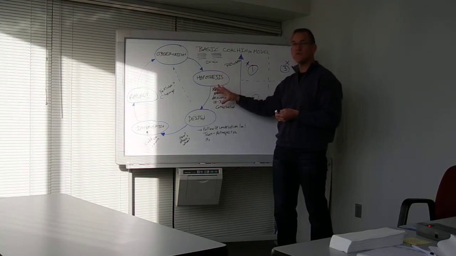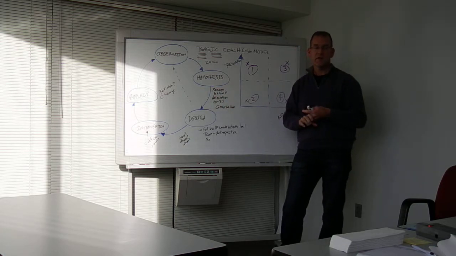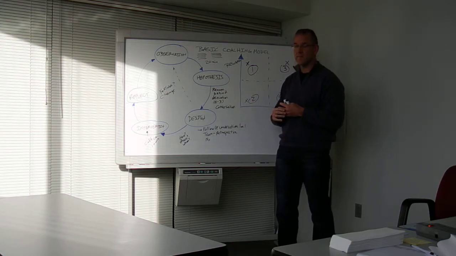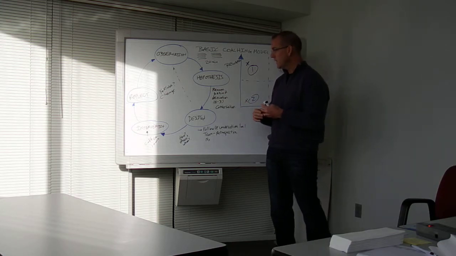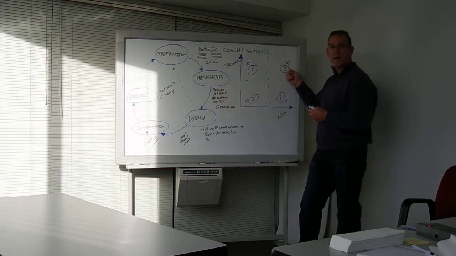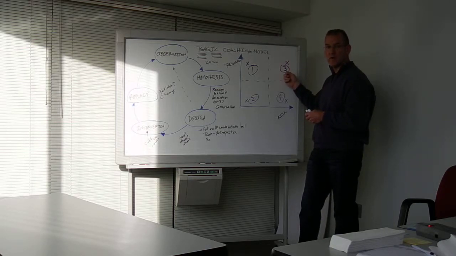As we started looking in the hypotheses, we started talking about the product owner. The product owner is not present because the product owner is unclear about their responsibility. The product owner is not present because the product owner is multitasking, is assigned to too many different projects or different products. When you think about that hypothesis, that the product owner is assigned to too many projects, we're going to go to a high reward intervention, but it's also high risk because we're going to have to talk to management about reassigning the product owner or reassigning some work of the product owner to other people to free that person up to have more time